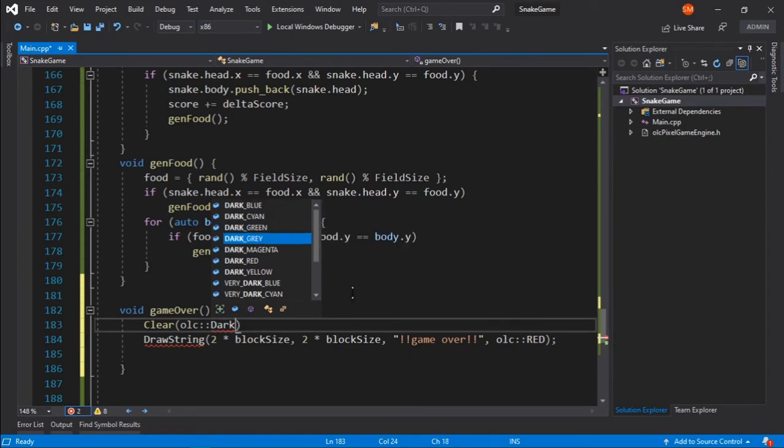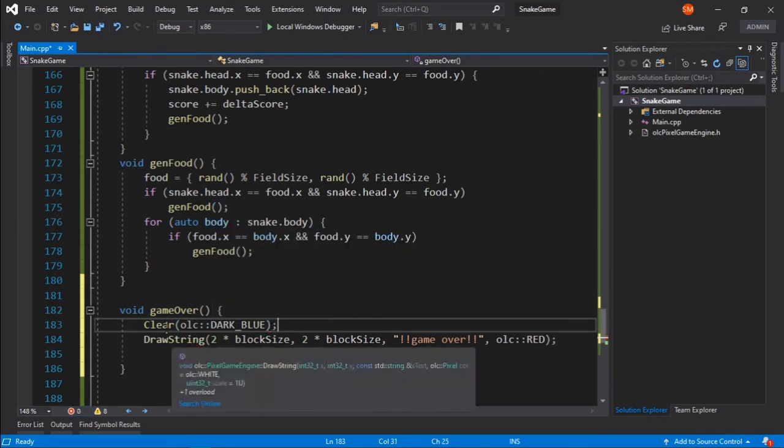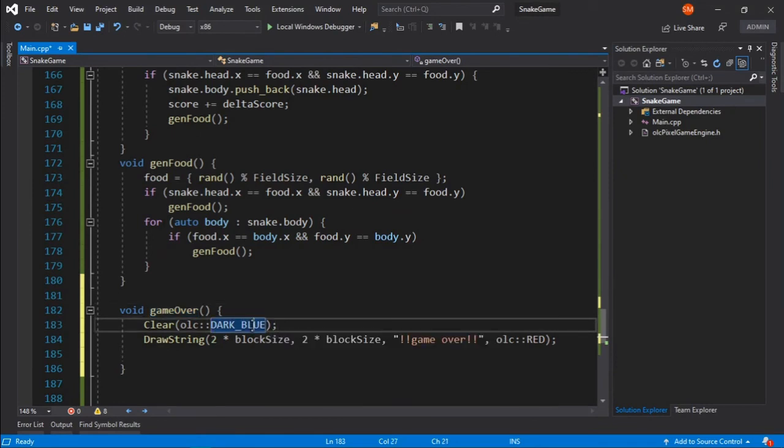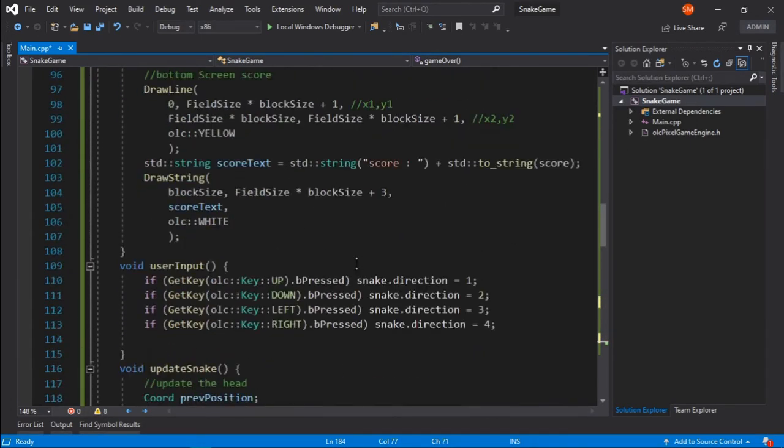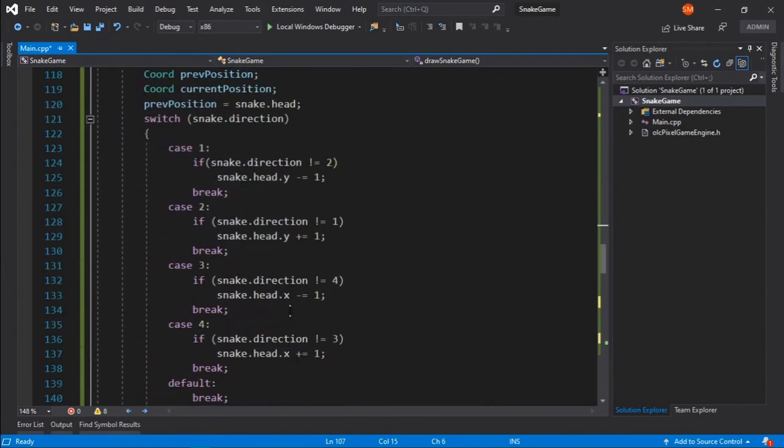I guess I will use dark blue, and actually we can use very dark red. It doesn't actually matter for this tutorial, but still. Then we will draw our final score here. So I will just copy this whole thing from here. I just don't want to waste much time.